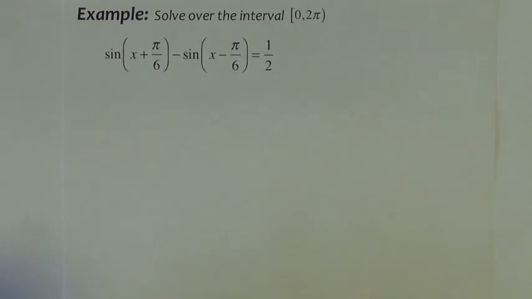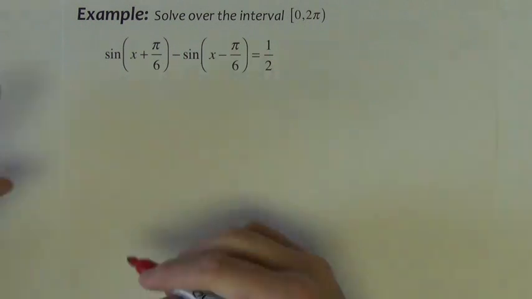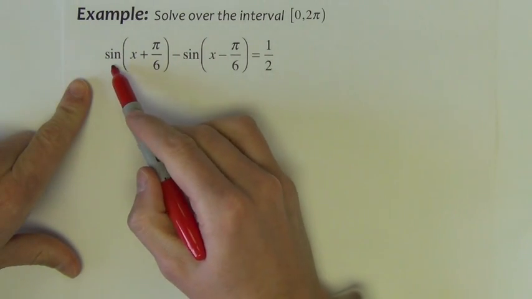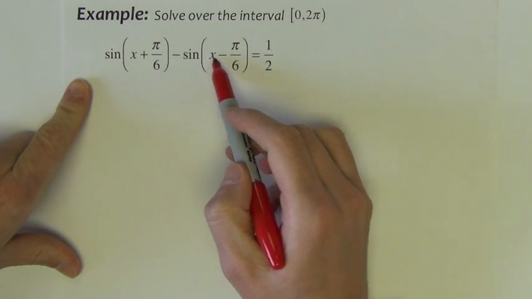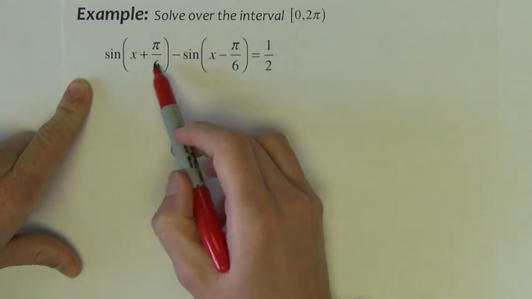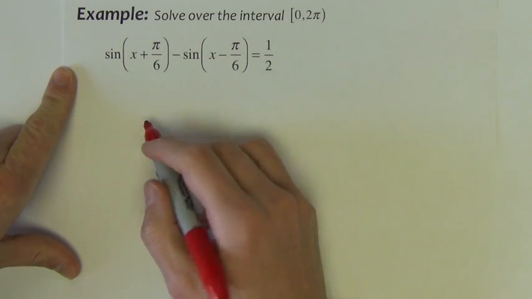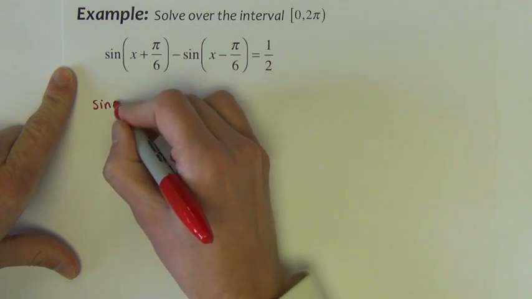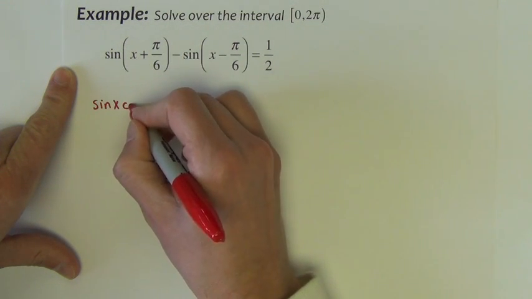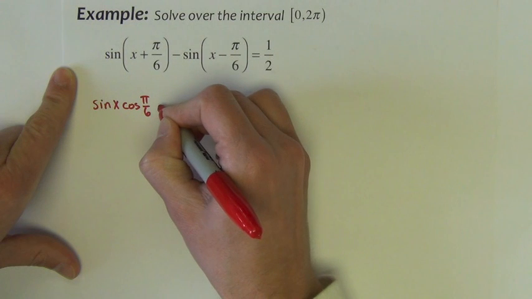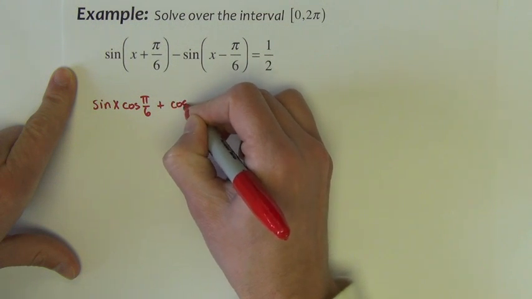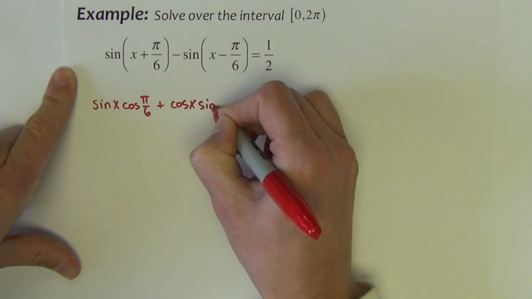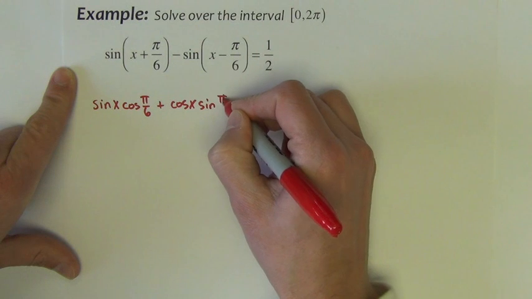Alright, this next one, please do not make the mistake of trying to distribute sine x into each of these sets of parentheses. We need to expand these with our sum and difference formulas. So for sine of a sum, it's sine of the first, cosine of the second, plus cosine of the first, sine of the second,